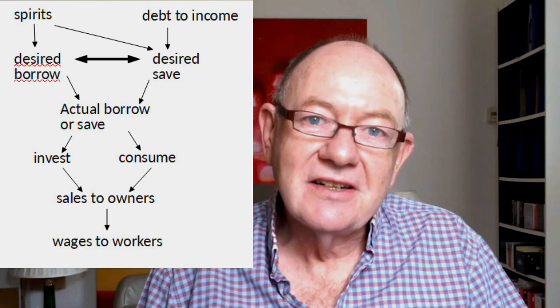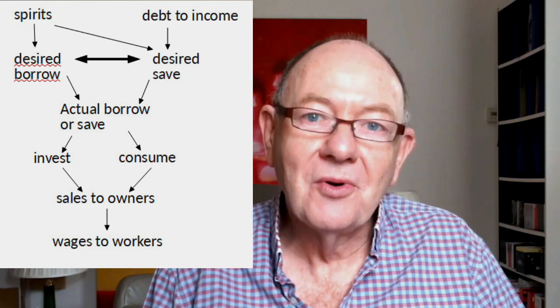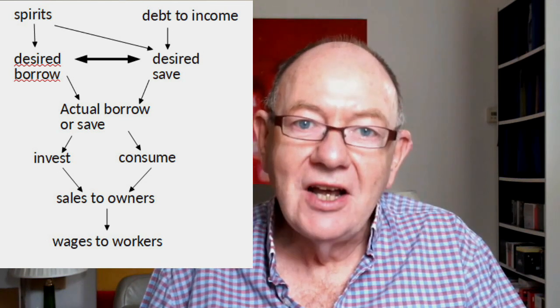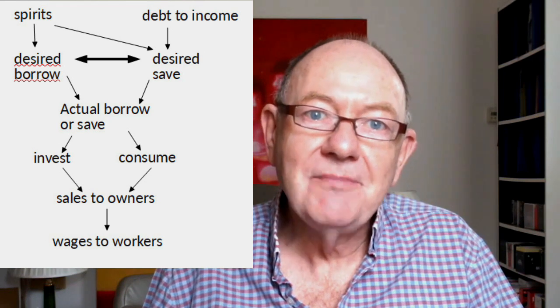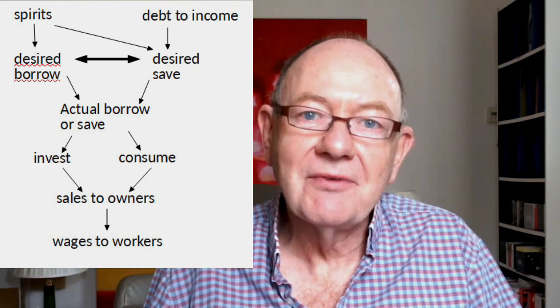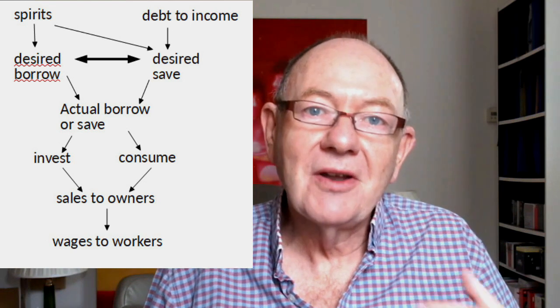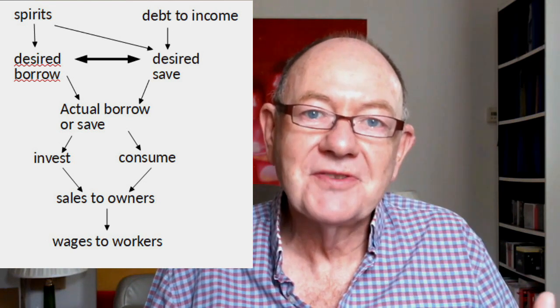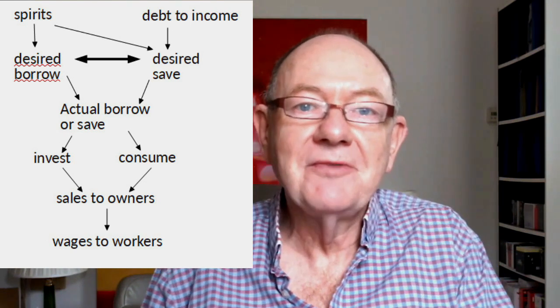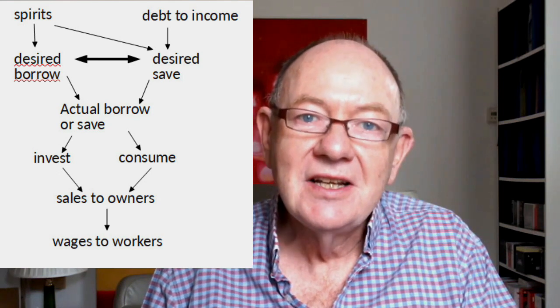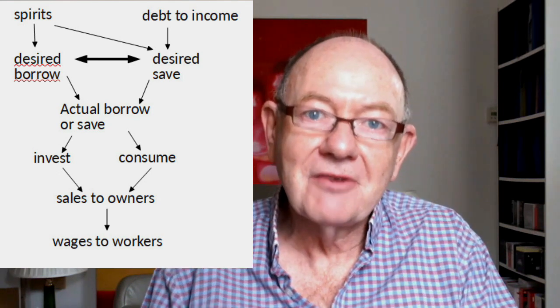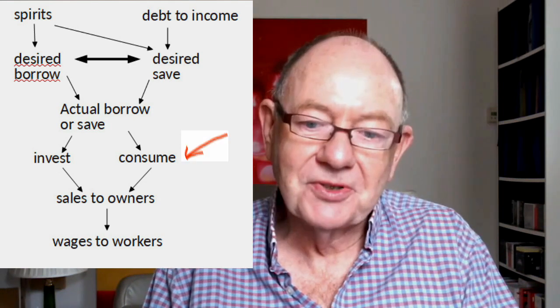Once we've decided whether we're borrowing more or repaying, then a worker will attempt to spend all of the money they have available, which is either previous month's wages plus a bit of borrowing, or previous month's wages minus however much they've put aside for repayments. They will attempt to spend all of that remaining amount on consumption.